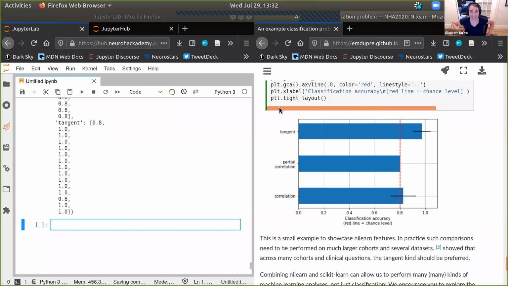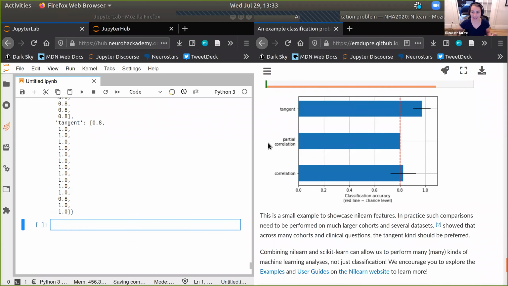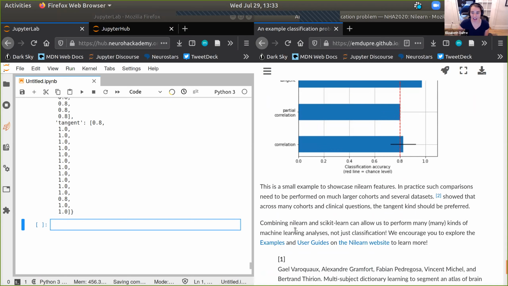So there's a lot in Nilearn that you can use to access these kinds of attributes, and there's even more that we haven't touched on yet. Like I mentioned, you could do smoothing. We did take the mean of an image. You could also do all kinds of other things that are really terribly useful. But this whole process makes it really easy to go straight to machine learning models in all kinds of research applications.